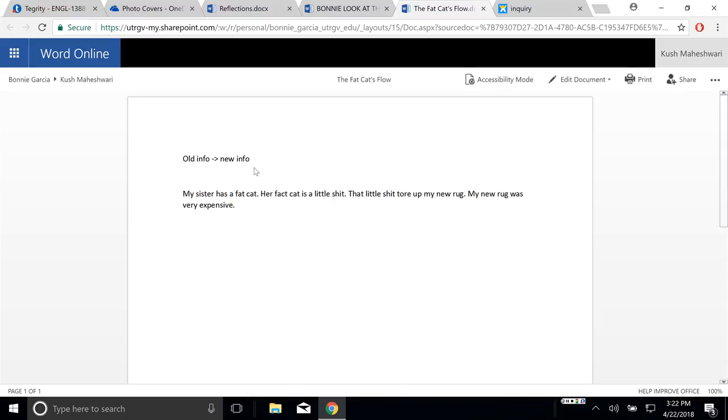And this was one of my favorite things, because this is really funny, a really good way to demonstrate how you can improve your writing, and something I wouldn't have thought about. So my sister has a fat cat. The cat is a little... and basically the point is fat cat. We're talking about the fat cat. Then we keep this continuity going. Then we talk about the cat and the rug. Then the rug is being torn up, and that just shows that it doesn't matter what you're talking about. You could be talking about a fat cat tearing up a rug, and you can still improve your writing. You can still have a wonderful transition.